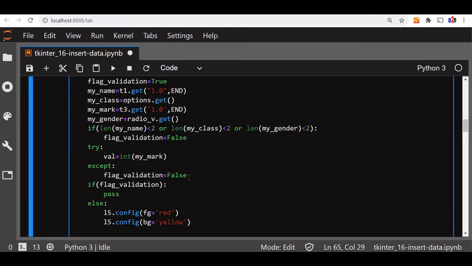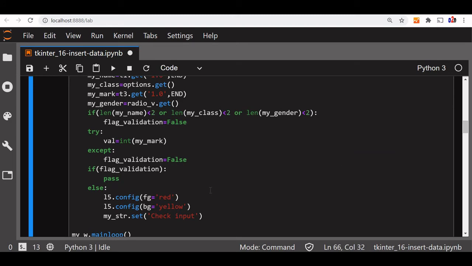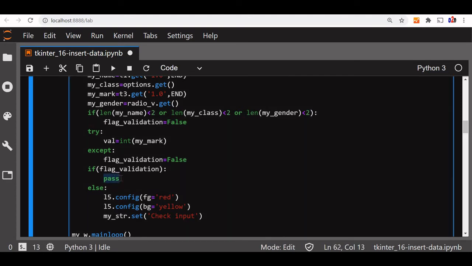We are giving it a red font color because it's an error. Then mystr is a string variable we have declared and connected to the L5 label. So we'll set it to say check input. Something is wrong in your input. We are not giving exactly what the mistake is right now, that will be a little lengthy program. So this much we can show to the user. And what we have not done is the part when the flag validation is true.